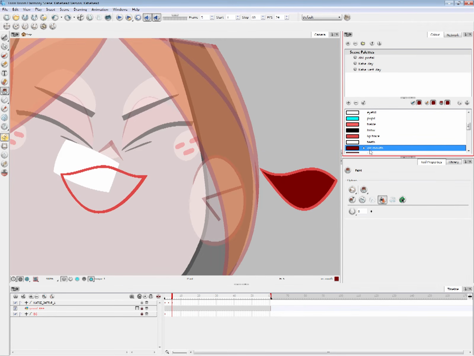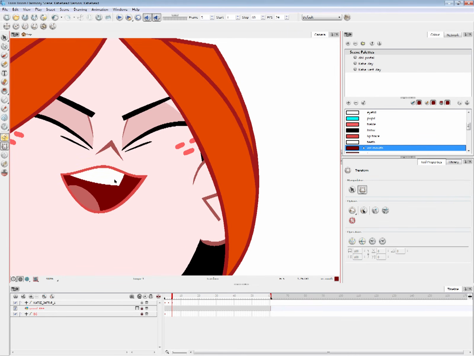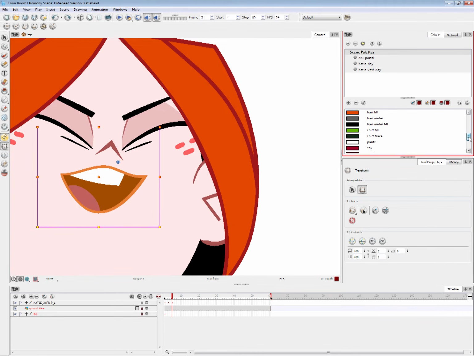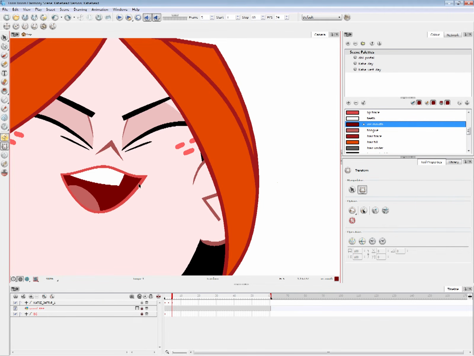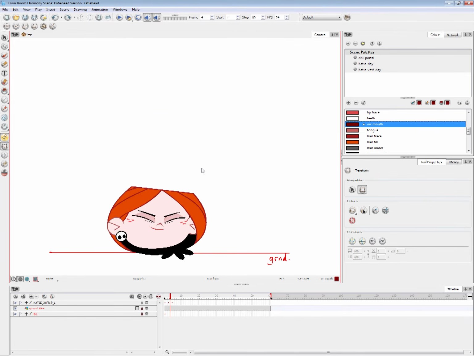Because in my case, this inside mouth color here, this maroon color, that's the color that will determine where the cutter happens. So all this teeth and tongue will only stay within this maroon color of inside mouth. I can have another maroon color that is similar, but it will not work unless it's from this specific pool of color called inside mouth. So here we have our mouth.